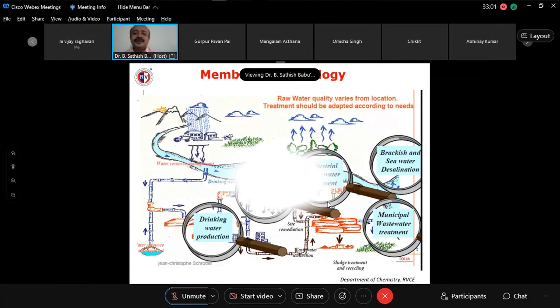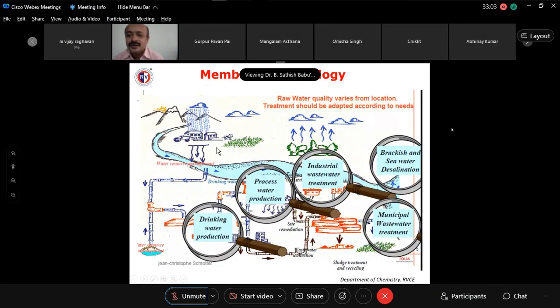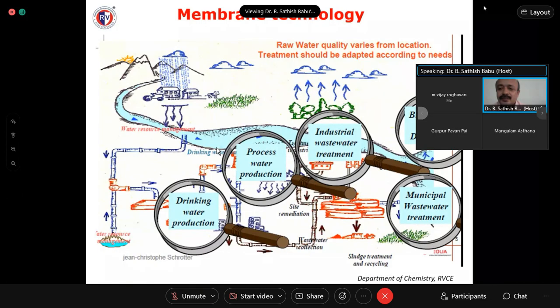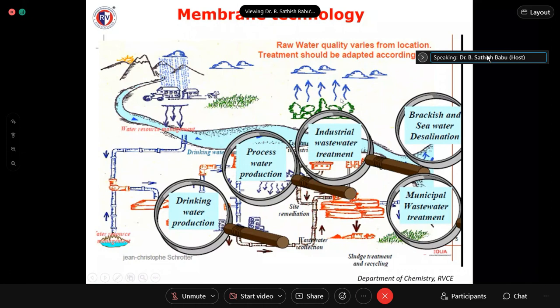So now we'll start with membrane technology, right? Membranes are widely used in the purification of water. You know that raw water quality varies from location to location,